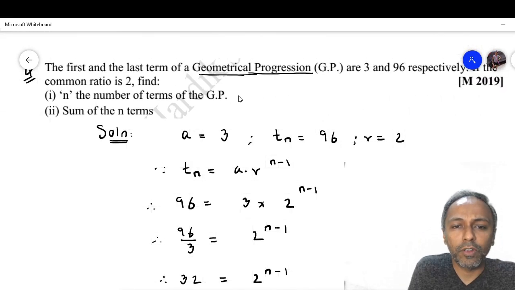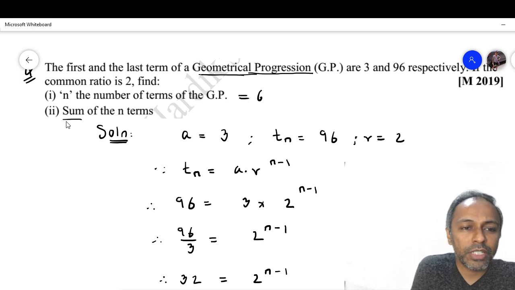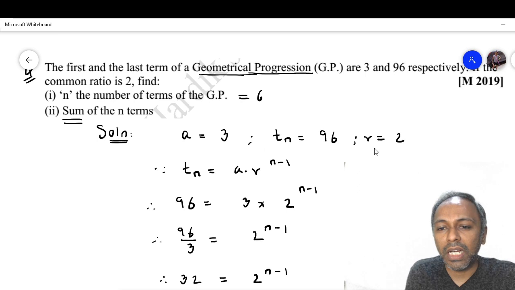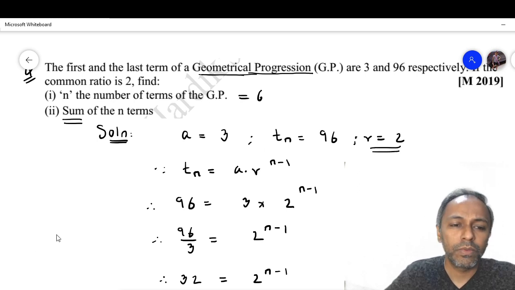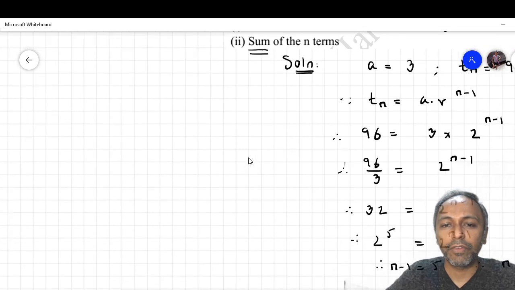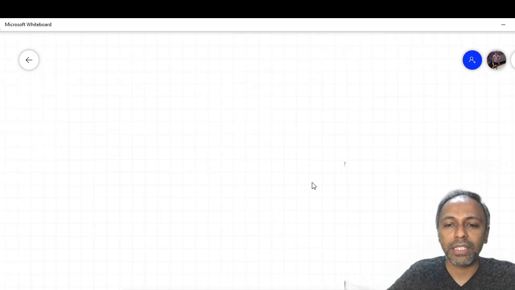Find n, the number of terms of the GP. So the number of terms is 6. The next question is to find the sum. Clearly r, which is 2, is greater than 1. Had it been less than 1, whatever, we have decided that we will use the formula of Sn as,